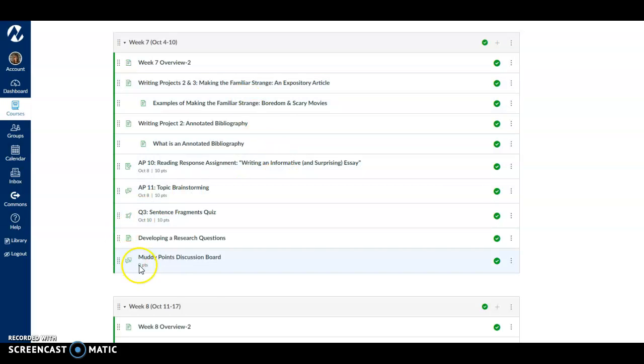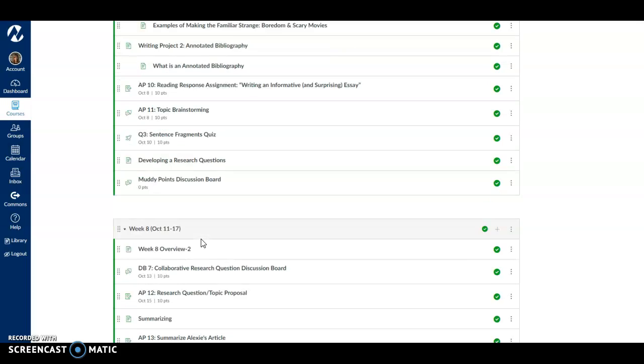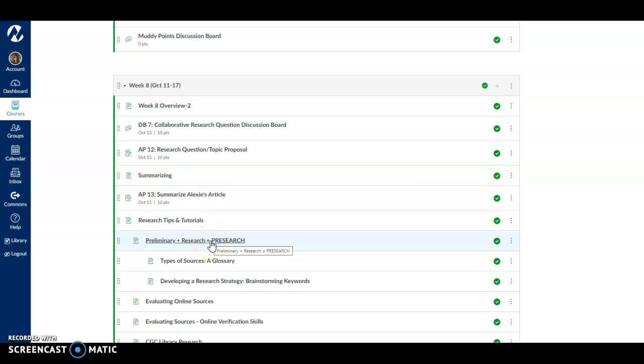But before we can get to that, we need to have our research question. So if you haven't already, go back here to research questions and watch my video and read over that information so you can get a good idea, because research questions are the most important thing when it comes to research and academic research. You think it's the thesis, but no, in order to get that thesis, you need to first ask a question, right? So in week 8, we are all about the research, coming up with that research question, practicing summarizing, because that's an important part of annotated bibliographies, and then, like I said, our research.